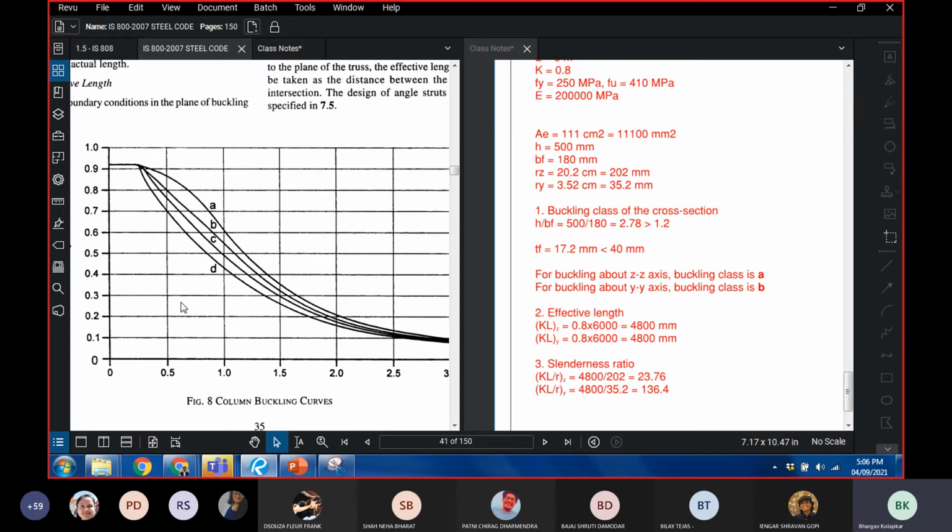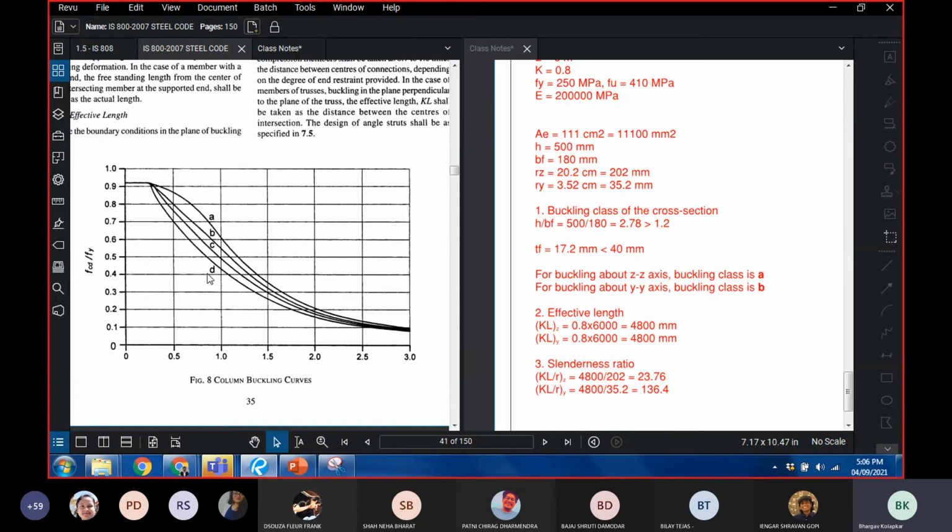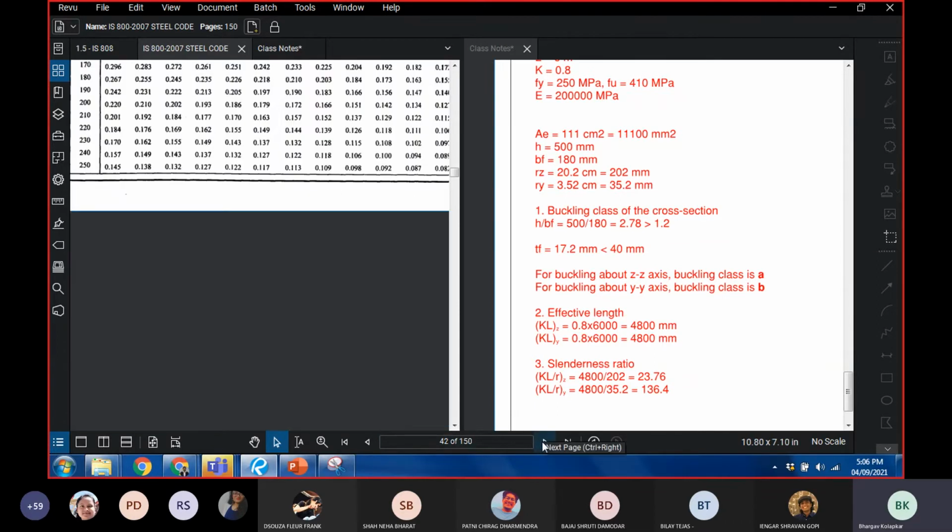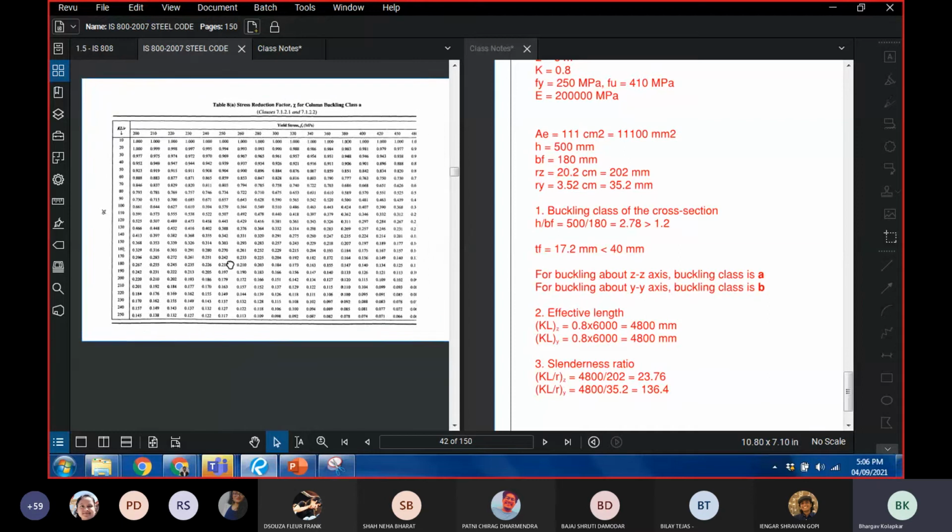It's difficult because it's a graph, and I'd have to use a very accurate scale to interpolate, and then go to this curve and interpolate again. The purpose of the code is to simplify things so they can be easily used. So the code goes one step ahead and gives these curves in terms of a table. So if I go to the next pages,